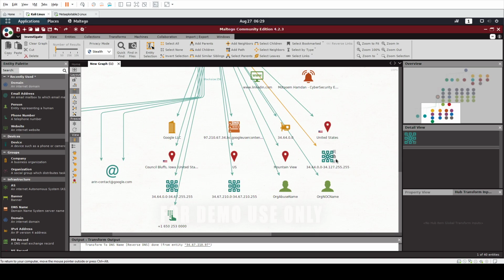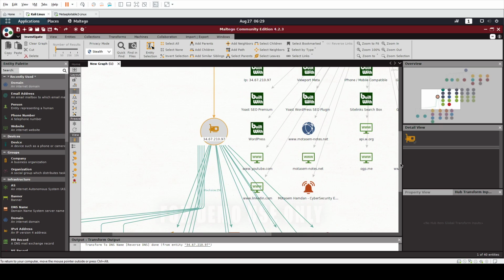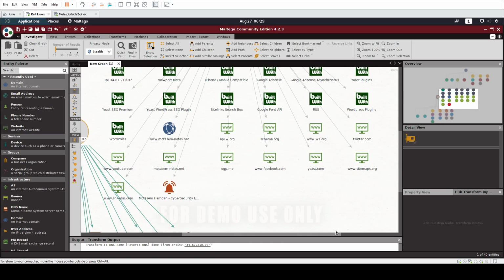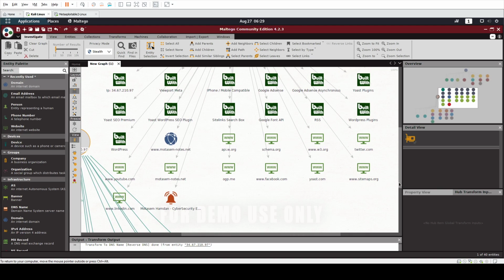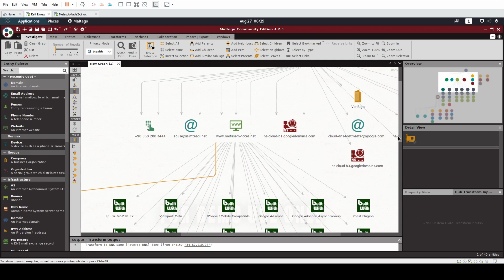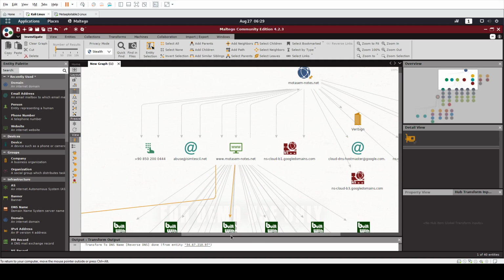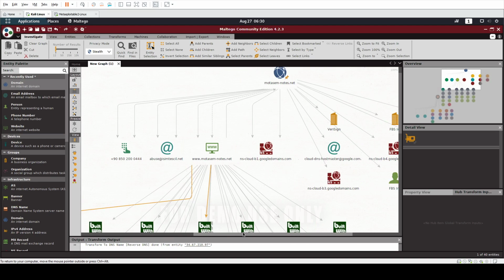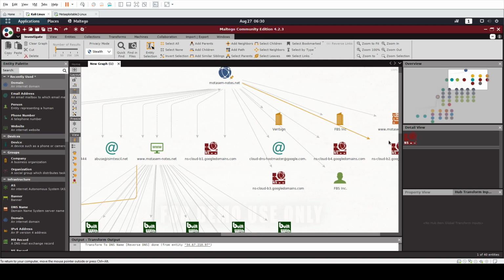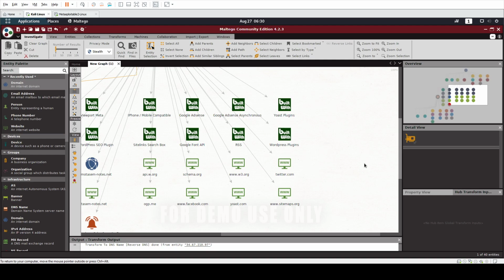Here's the subnet of the IP, and there is not so much useful info about the IP address actually, unless we are planning to do port scanning, which Maltego doesn't do, of course. It's not a port scanning tool, but we got plenty of fruitful information actually. Now let's go back and see here. Actually, that's it. So we got the domain name, the registrar, the name servers, the type of website, some plugins,